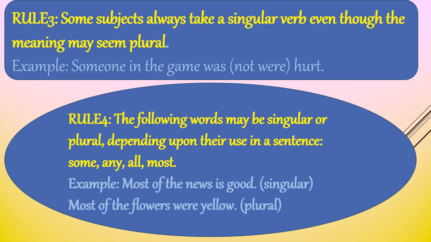In the same manner, there are some more expressions like a lot of, plenty of, a great deal of. These take a singular verb when they refer to amount or quantity, but they take a plural verb when they refer to number. For example, there is plenty of juice in the glass. So here juice is referring to quantity. That's why the singular form of the verb is used.